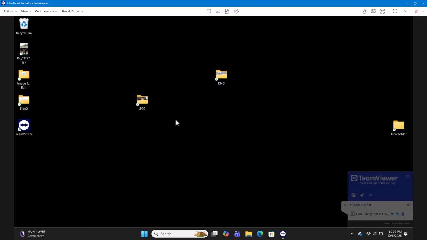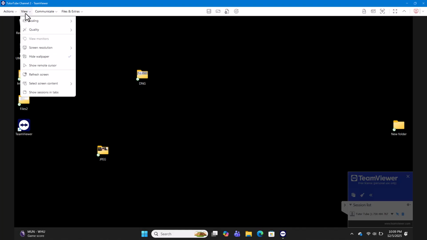So over here, you can see that I am accessing a remote computer, and this remote computer has a certain level of performance. If you want to speed up your performance, or if you want high quality video right here, then you can actually go ahead and change the performance and optimize it as you wish. So to do that, if I go over here onto View, you can actually see that I